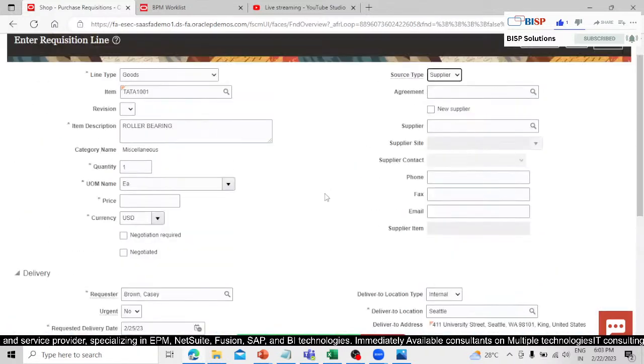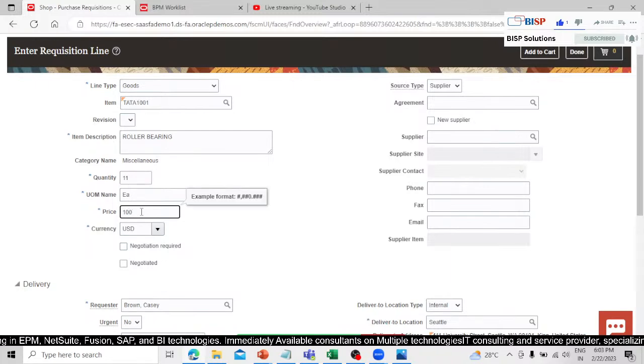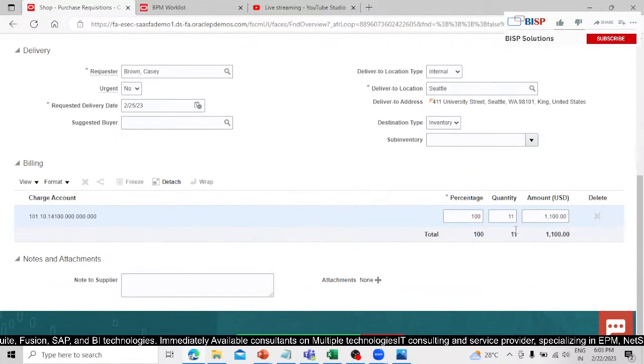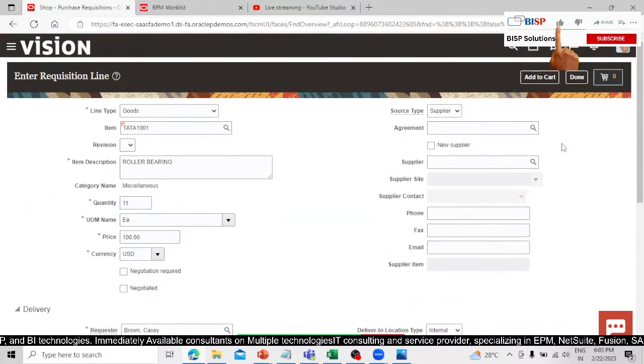Now we have to define the quantity is 11, amount is 100, so the amount is more than 1000, right? And click on this add to cart,